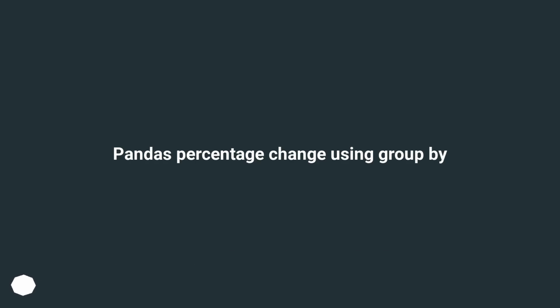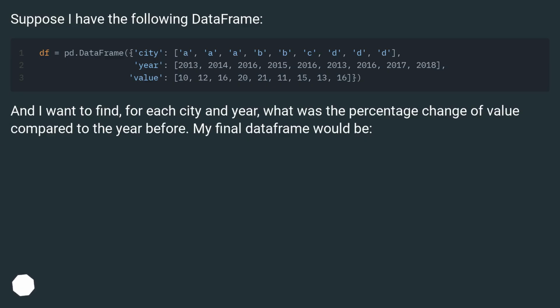Pandas percentage change using group by. Suppose I have the following data frame. And I want to find, for each city and year, what was the percentage change of value compared to the year before. My final data frame would be